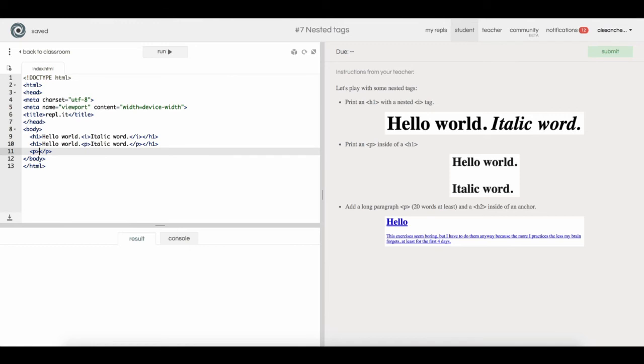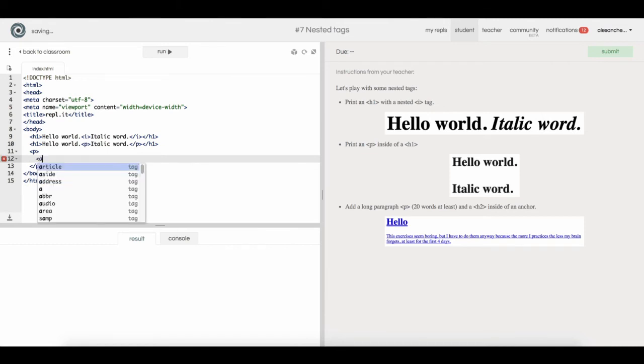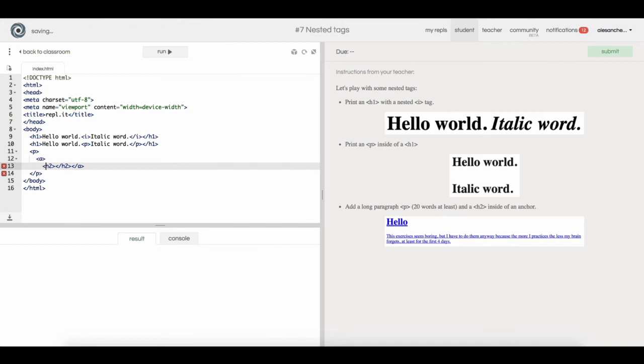Okay. So let's add the anchor now, and then let's add the H2. It's like a triple nested. When nesting tags, it is very important to use the indentation and follow all the best practices, because if not you can get confused fast. Remember that anchors need the href always, so I'm putting it with a pound, with a hash. And then we can say here, hello. And then